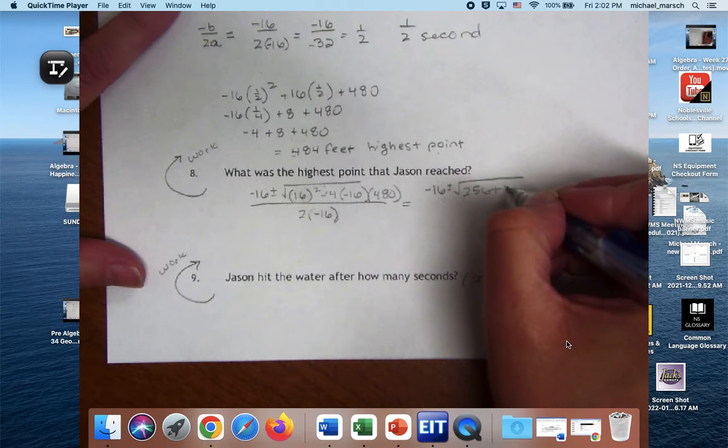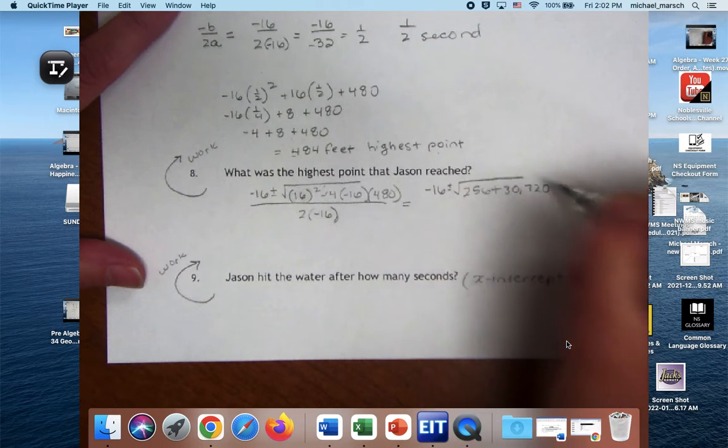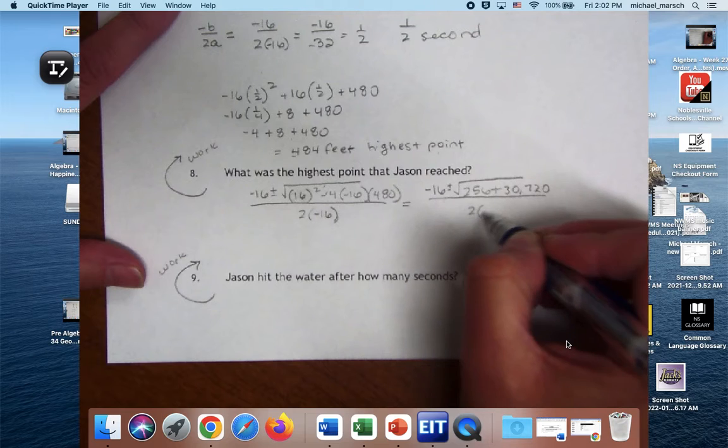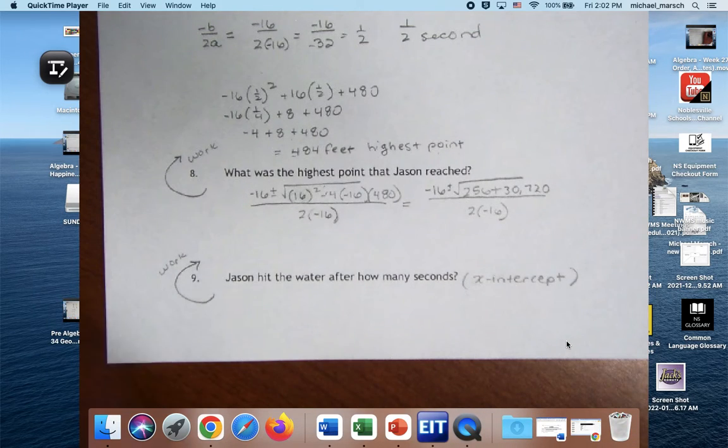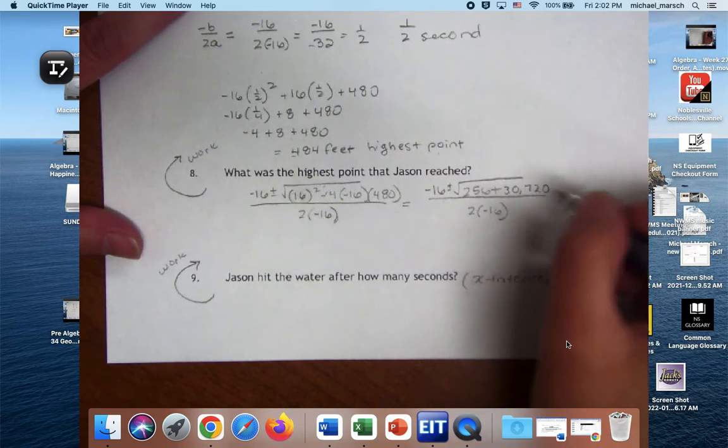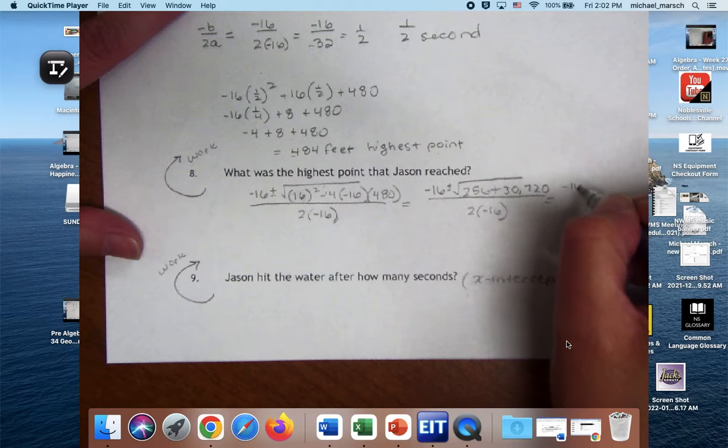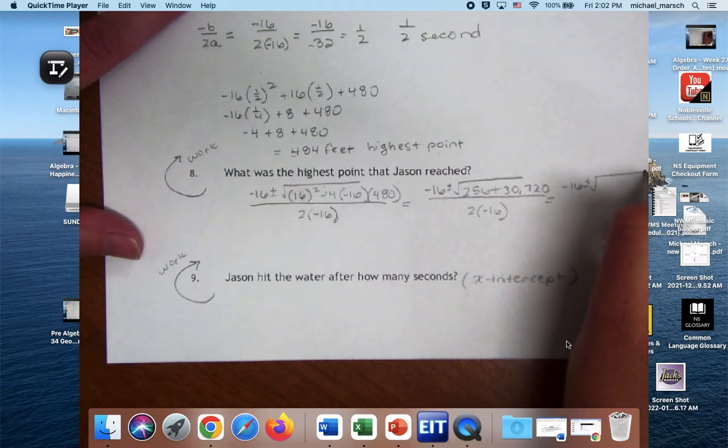Mm-hmm. So this actually works out to be negative 16 plus or minus the square root